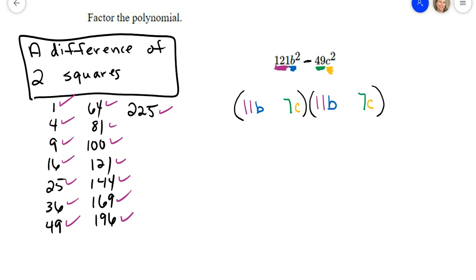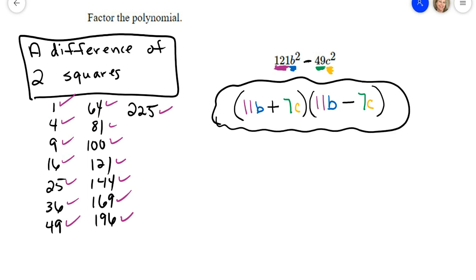Now, here is the part that you have to remember. Because it is a difference of two squares, one of these has to carry a plus sign and the other one a minus sign, and it doesn't matter which order you put them in. Because when you FOIL these, whenever you FOIL binomial conjugates, something special happens, and that is outsides and insides always cancel out. Now this is my answer, and this is what I would go type into Mobius,